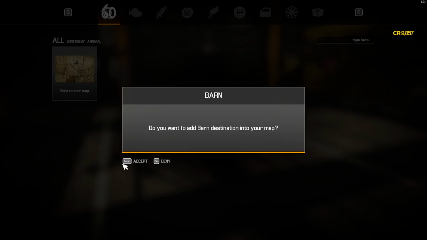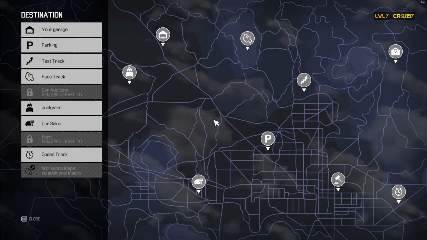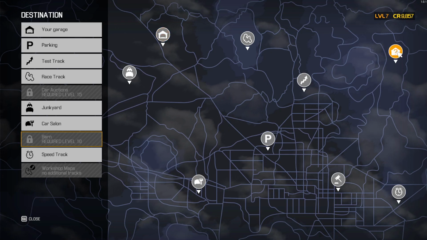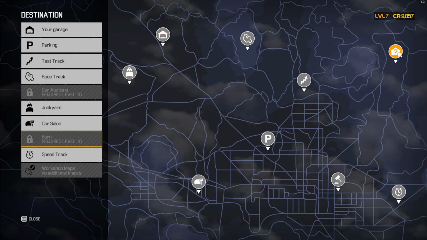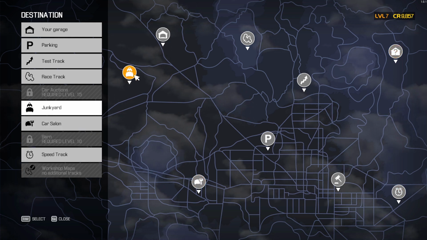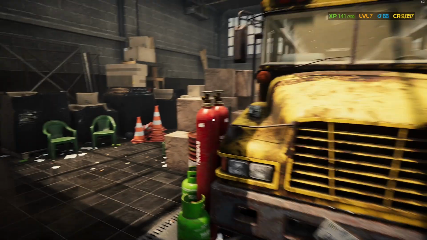Awesome. Except that, I don't know if we can actually go to the barn. Check this thing out. Yeah, there's one there. That's our garage. That's a barn location. Level 10 required. So we just need to wait, I guess. And where's our auctions? Level 15, so...